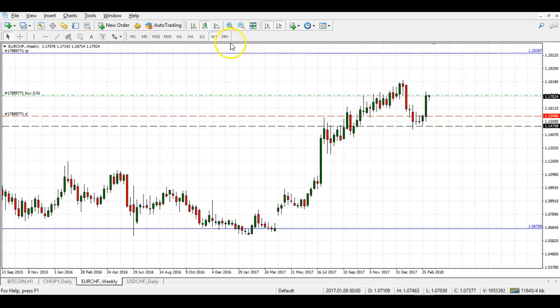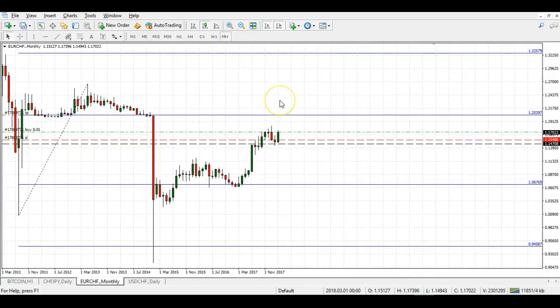Now let me show you the big picture. Now this setup is very unique. I can't recall any setup that even closely resembles the setup of the euro versus the Swiss franc here. It was hectic in the previous years, right? We had the crisis in the eurozone. Definitely affected the euro Swiss, but also the manipulations being taken by the Swiss bank, right? Anyway, it's still